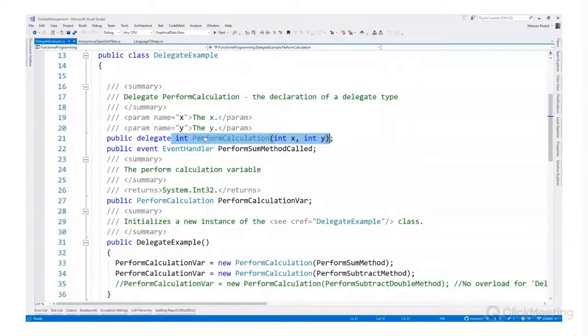And actually it plays a similar role, because every part, including the return type and list of the arguments, the syntax is exactly the same as in the case of the method. The only difference is that PerformCalculation here, this identifier